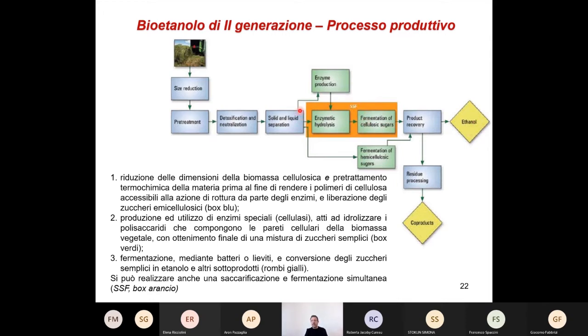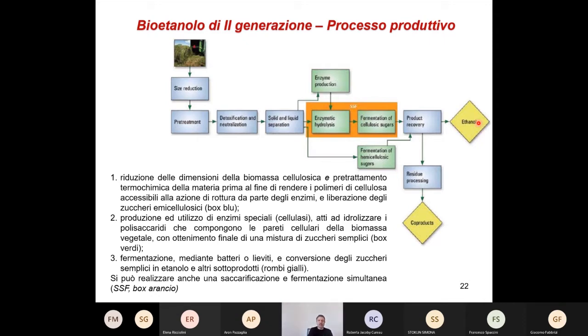You have the residue from here and from here, because you separate solid, liquid, lignin fraction in a large part, but of course you have also some residues at the end of the fermentation process, and in the circular economy idea, every residue is a feedstock for another process, so these could be considered co-products. Okay, and ethanol is your objective for this biofuel production, of course.